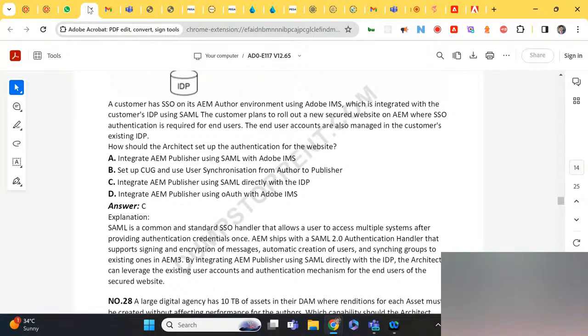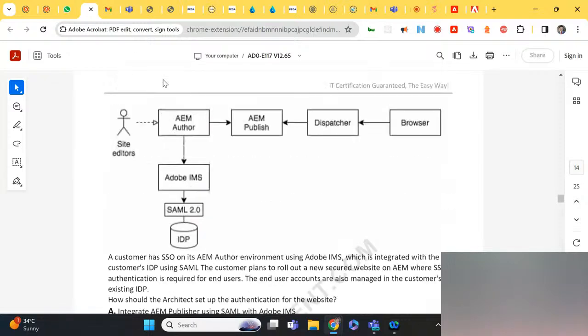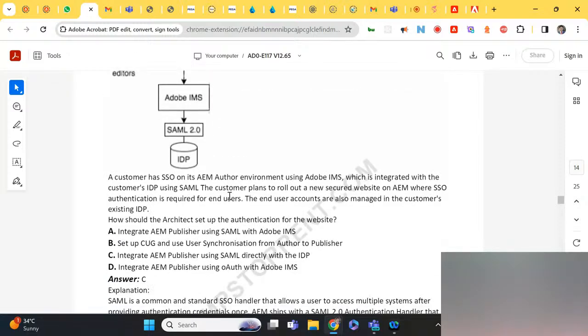If we are trying to access the publisher from the browser, we cannot directly do user sync from author to publish. So AEM publisher using SAML directly with the identity provider is the solution.